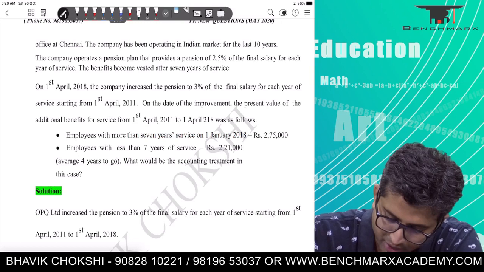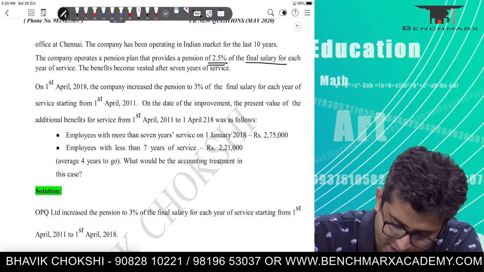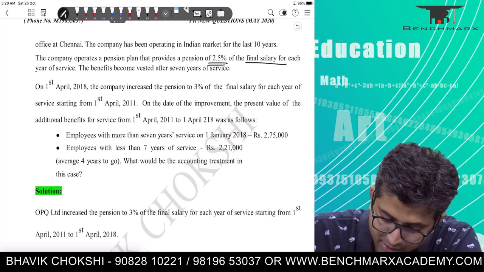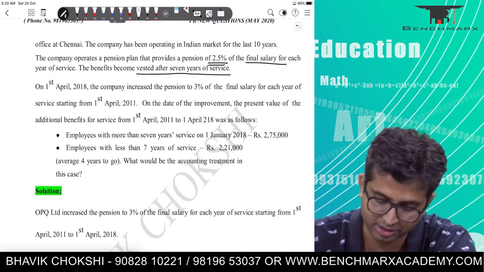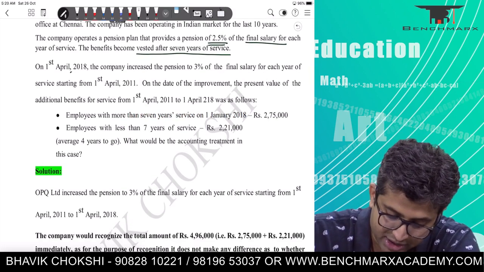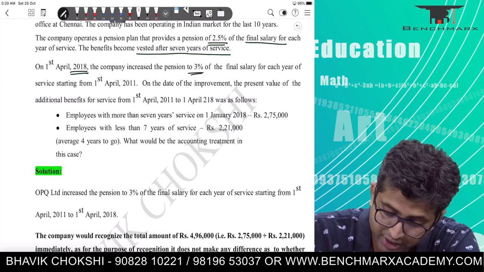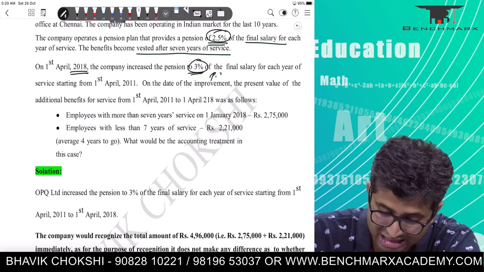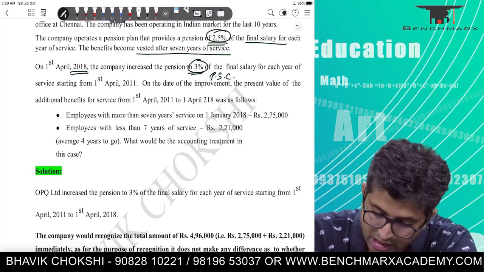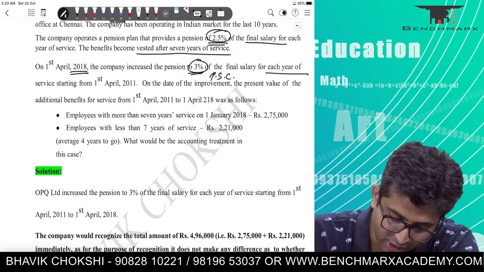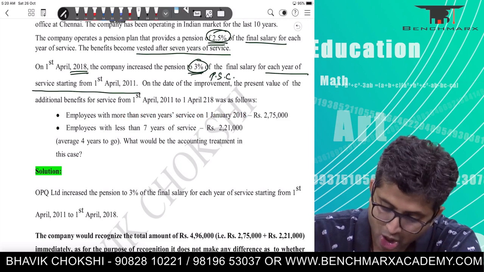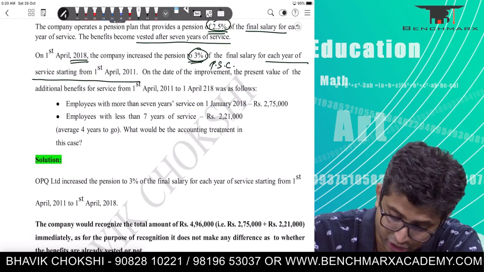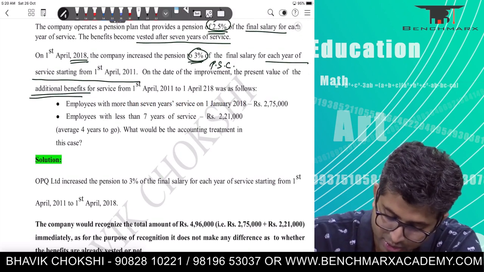The company operates a pension plan that provides 2.5% of the final salary for each year of service. These benefits become vested after 7 years of service. Okay. On 1st April 18, we increase to 3%. So 2.5 gets increased to 3. So that is an increase. We call this as past service cost of the final salary for each year of service starting from 1st April 11. On a date of improvement, the present value of additional benefits, we have already quantified the present value, was